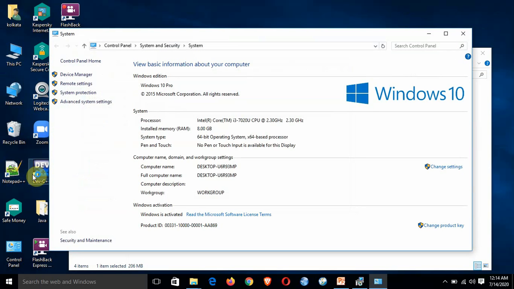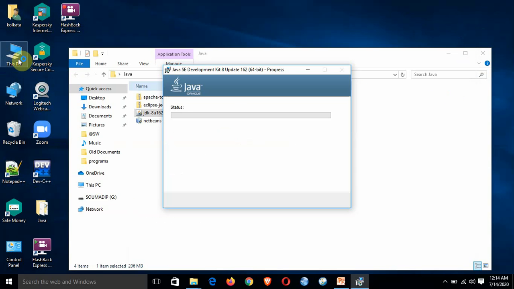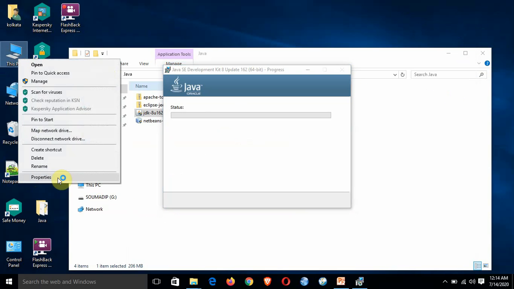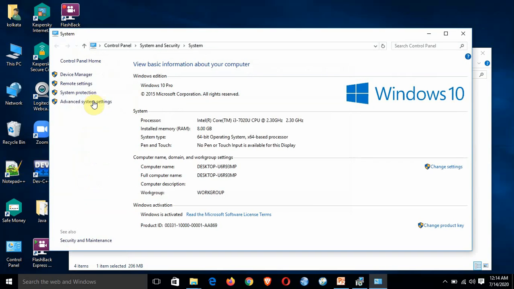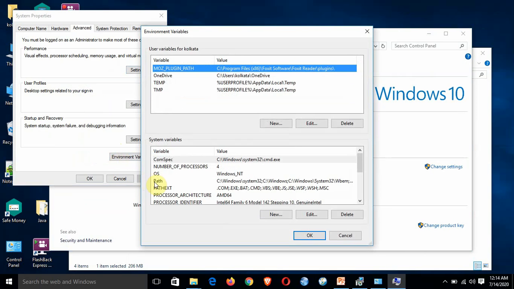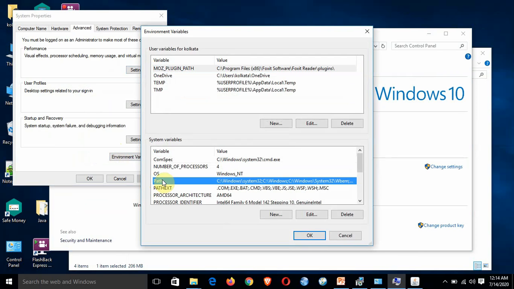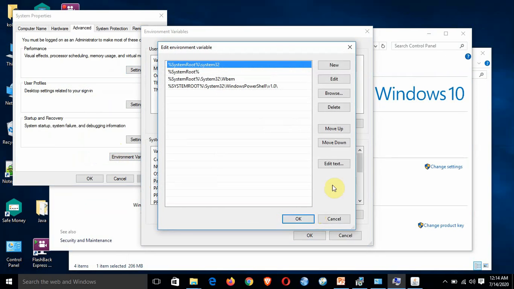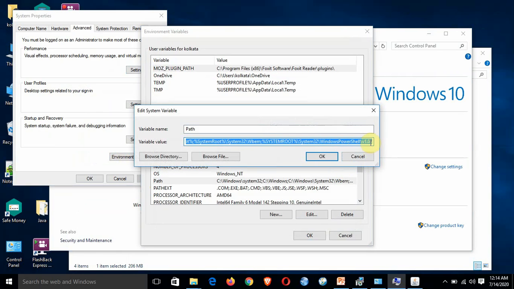set the path environment variable. So I have to just have a look at it again. This PC, right click, properties, advanced system settings, environment variables. Now you have to move to the path environment variable. Now click on edit. So edit text. So you have seen it, and I have already copied the location. So I am making a copy of it.